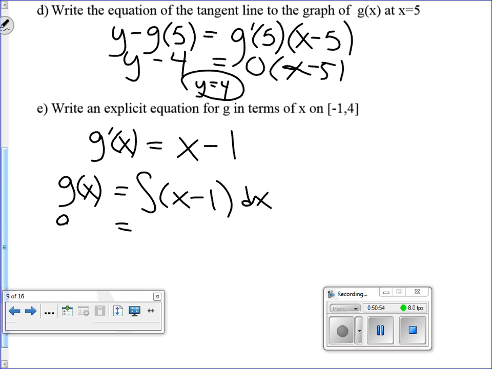So we get 1/2 x squared minus x. This is not a definite integral, so we need a plus c. To solve for c, you need to know one point on the graph of g where the x value is between -1 and 4. So looking back at the work that we have,